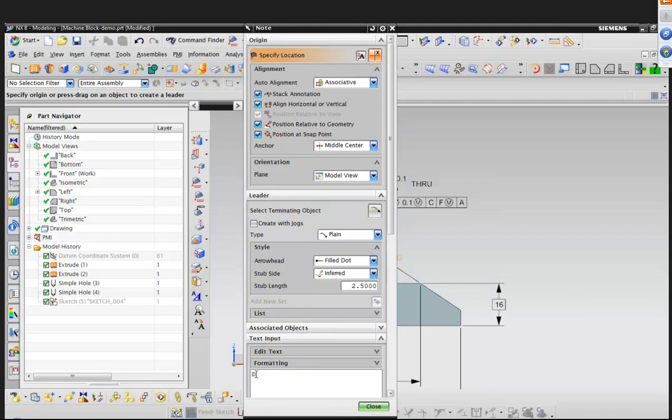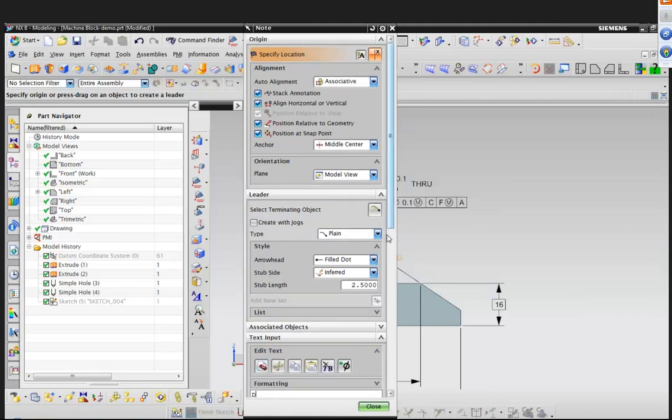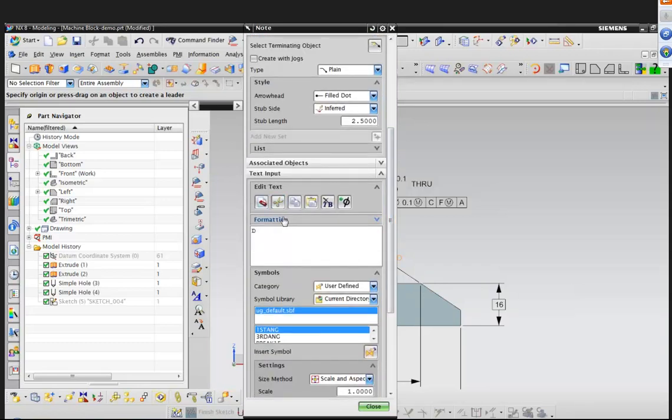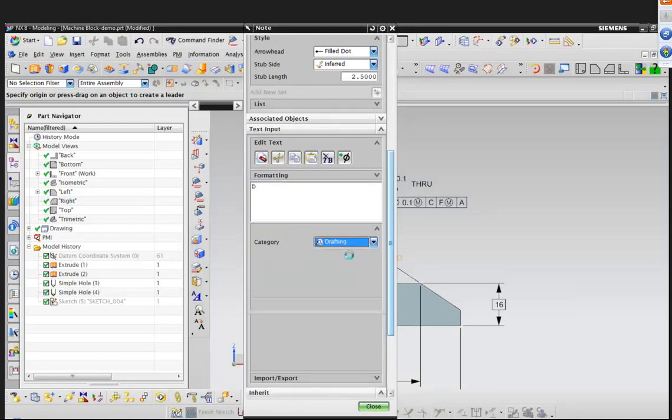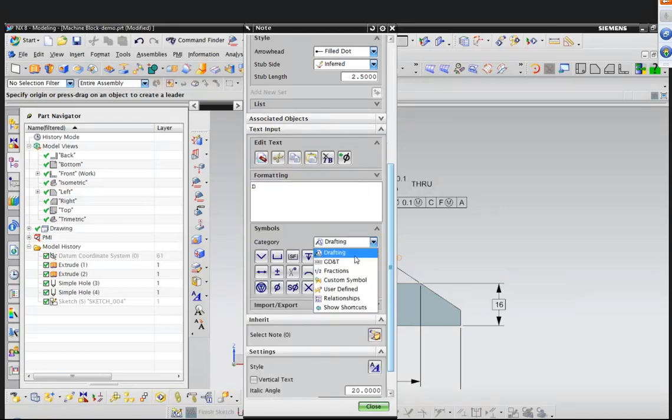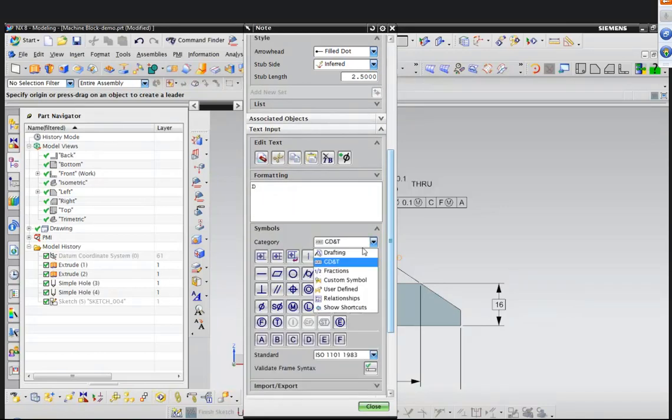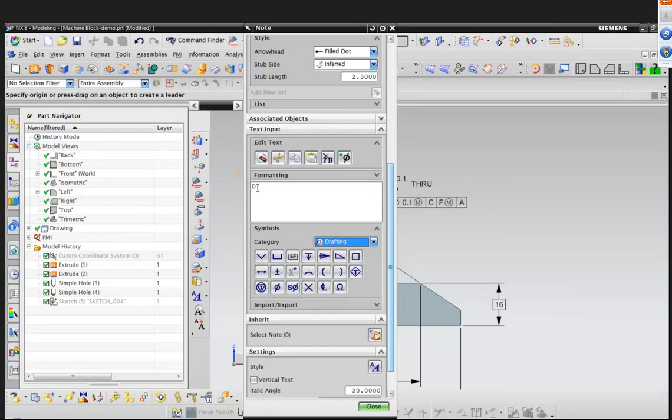I already put what text I want in there. I do have edit text tools down here, such as cut, copy, paste. I also have symbols down here. I can come in and get drafting symbols if I like, or GD&T symbols. But I just want the letter D for now, and I want to